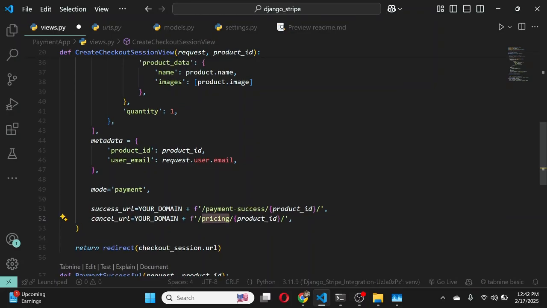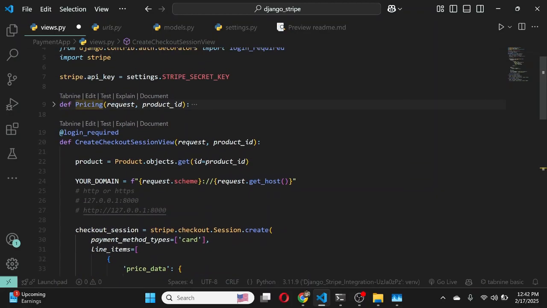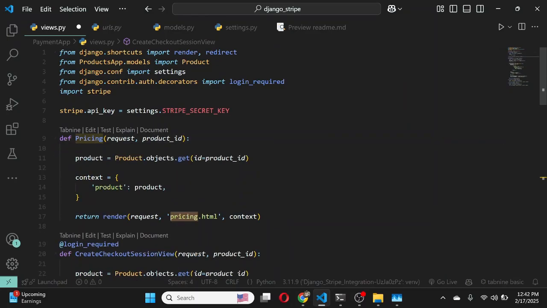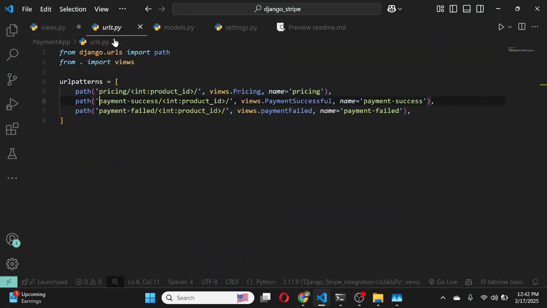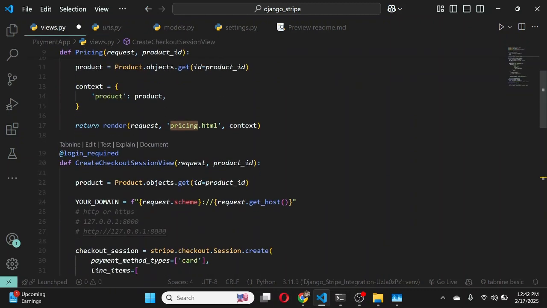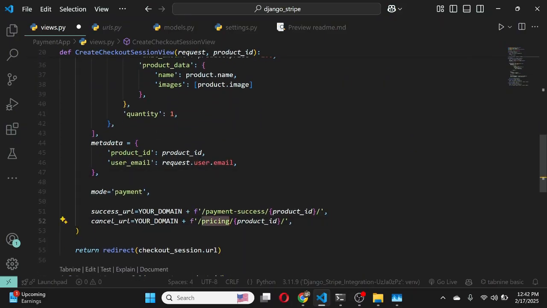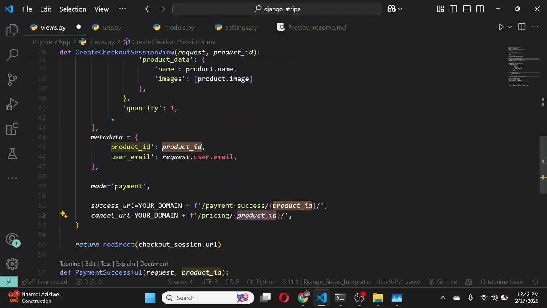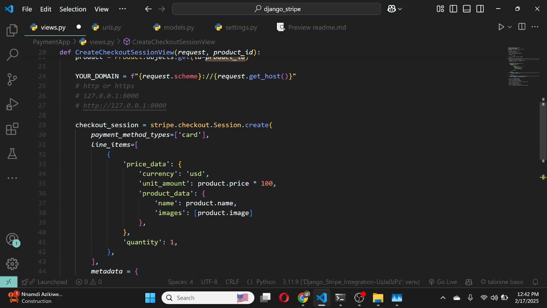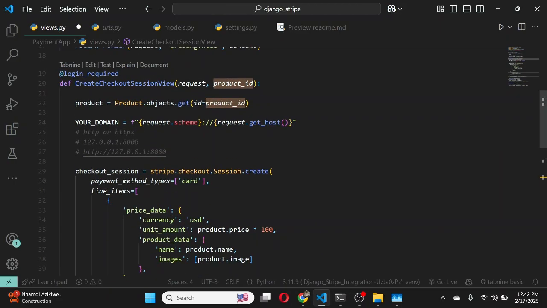We want to redirect them to the pricing page, which is this view right here. And if I head to the URL, this is my pricing page. It's just pricing / the product ID. So that's exactly where I want to redirect the users to, which is why I say your domain / pricing / product_ID. And then once we've done all of this, we have successfully created a checkout object, but